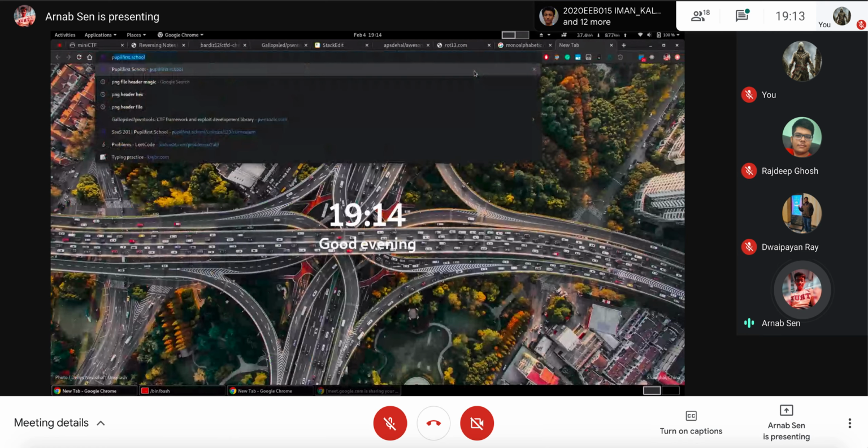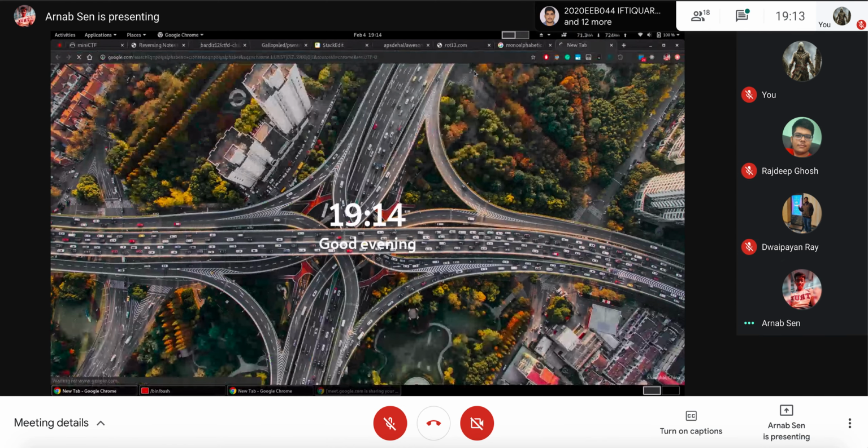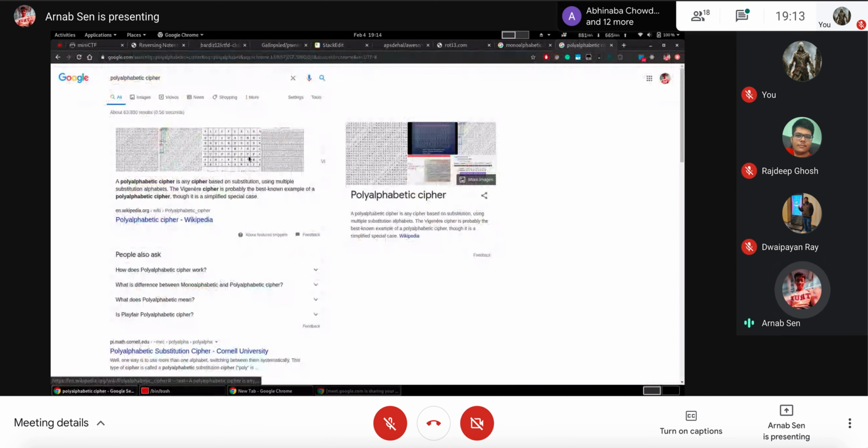Then there is some form of cipher known as polyalphabetic cipher. If you have heard about the Vigenère cipher, this is an example of polyalphabetic cipher where A at one point can refer to B, and somewhere in the text it will then refer to X or something else. You can look into Wikipedia to learn more about this stuff.